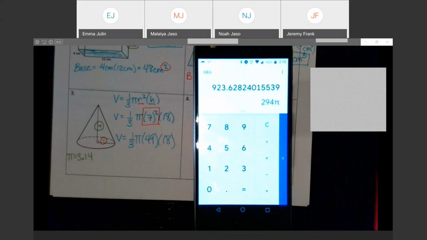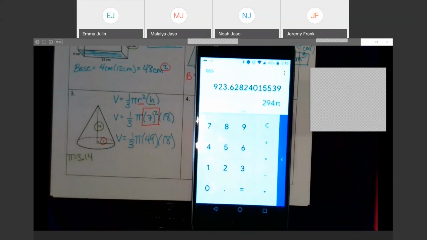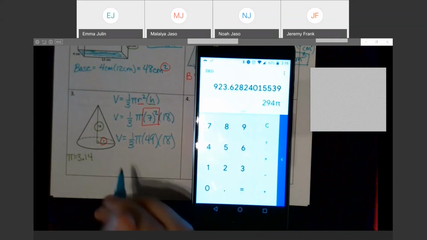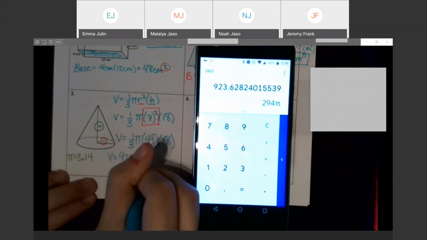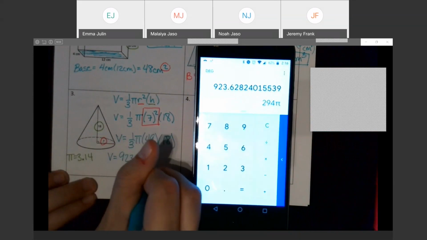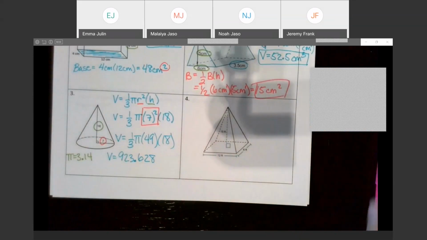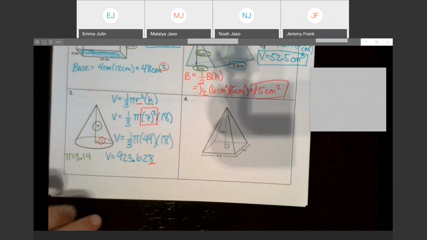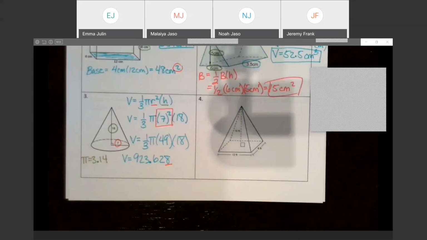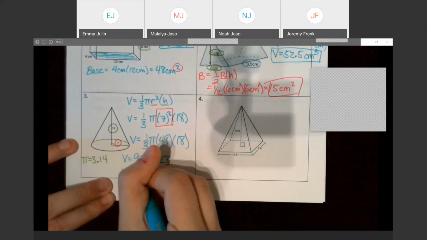The rule is when you're doing these problems, round up to that 100 spot right there. So that means my volume here is 923.628. But if I round to 100, I need to round up knowing that that number to the right of my 2 is higher than 5. And if I round up, that means your final volume should be